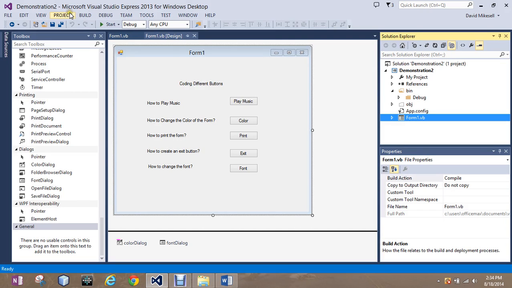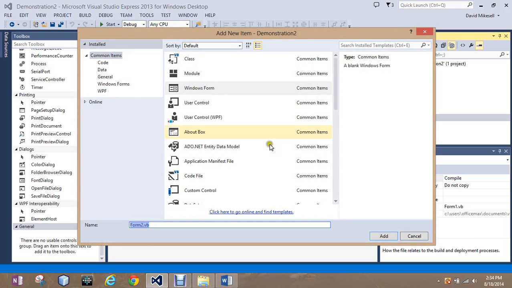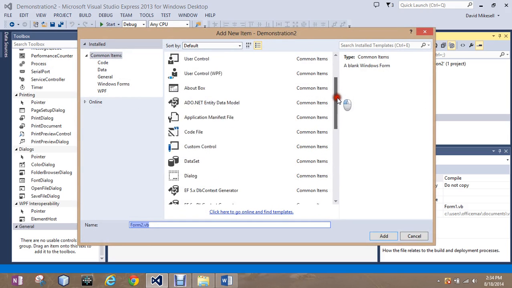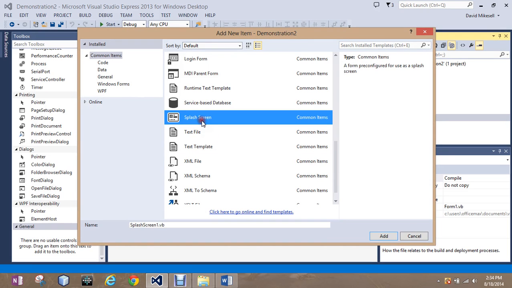So to do this, we go up to Project, go to Add Windows Form, and in our form options that we can add, we're going to add a splash screen. And we can name it whatever we want. So I'm going to name it